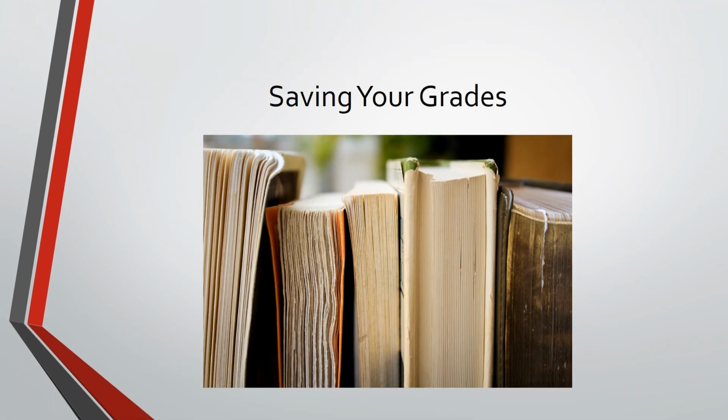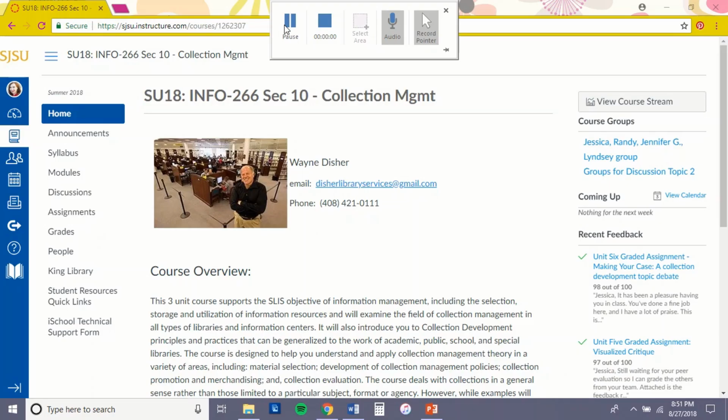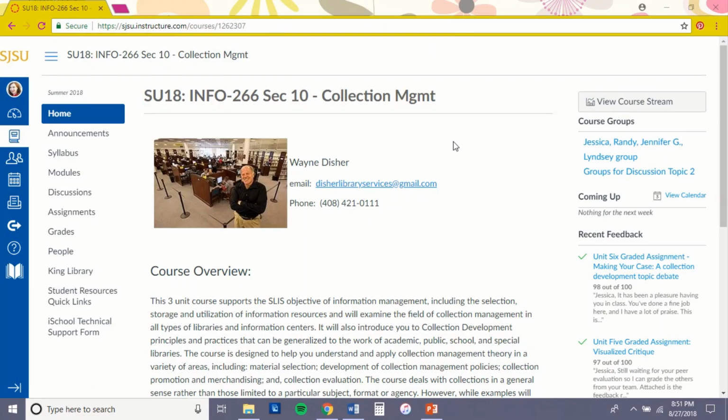And finally, we're going to talk about saving your grades. One thing that I think is very valuable to save in your folders for your e-portfolio and also just for your own records is your grades and your professor's comments. So for that, you click on Grades